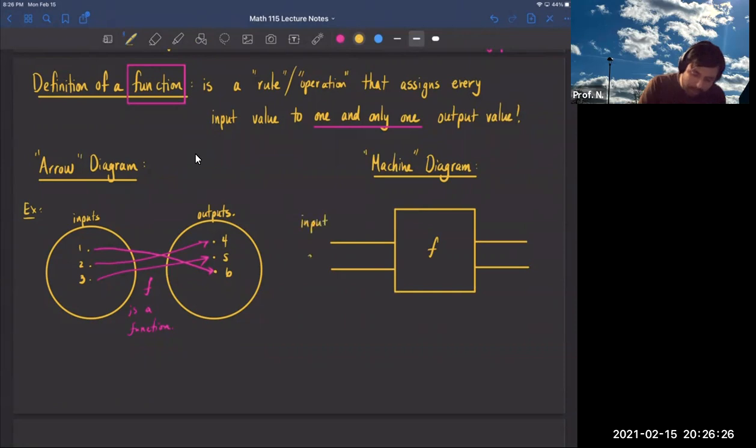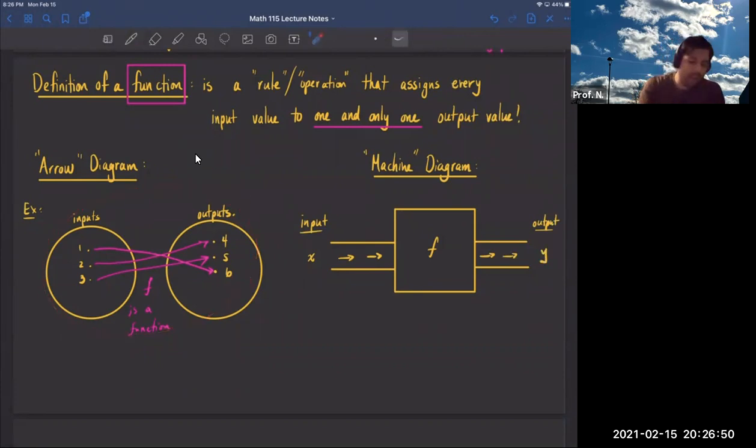So if I have my input and I call this X, and X is going through this direction to this function, the function does something to X, and then produces something outward. This is like one of those assembly line visualizations. The output will be a corresponding Y. So if I use my example